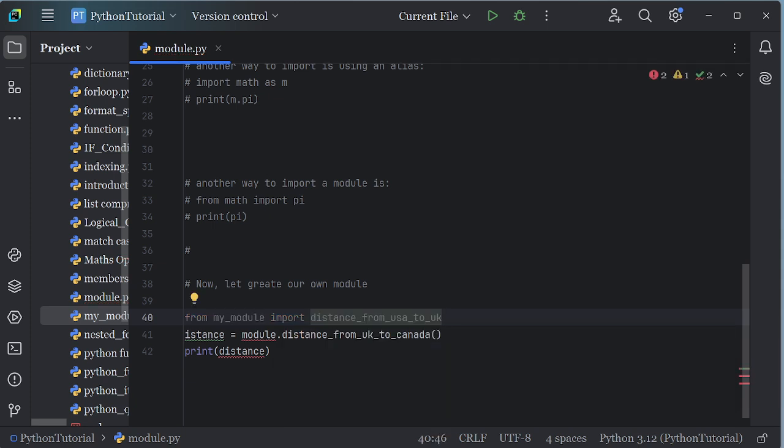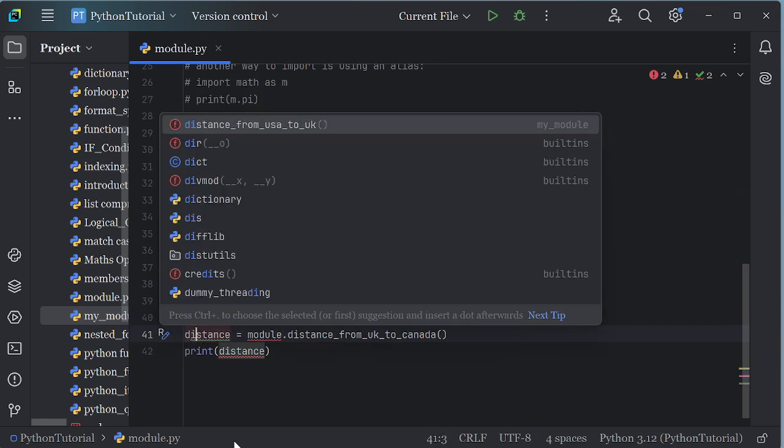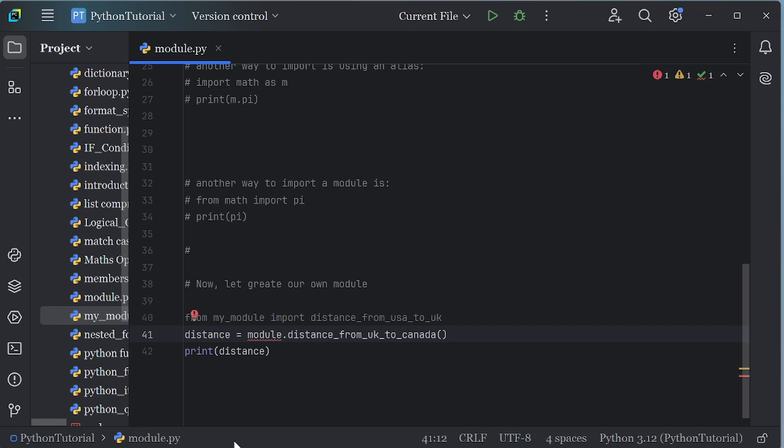We're importing this one now. So we'll now do distance is equal to, we can now use this one now, distance from USA